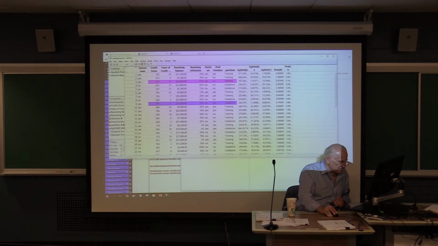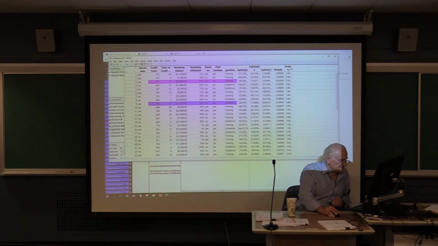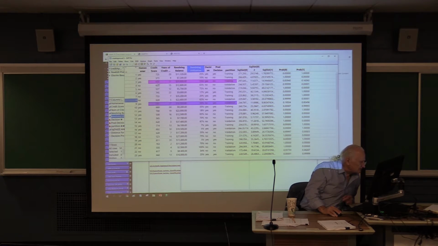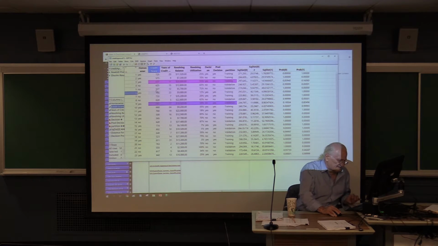All right. So this is the data file. All right, this is the data file. Are these records highlighted like that? I don't know. Look at the color. So this data,